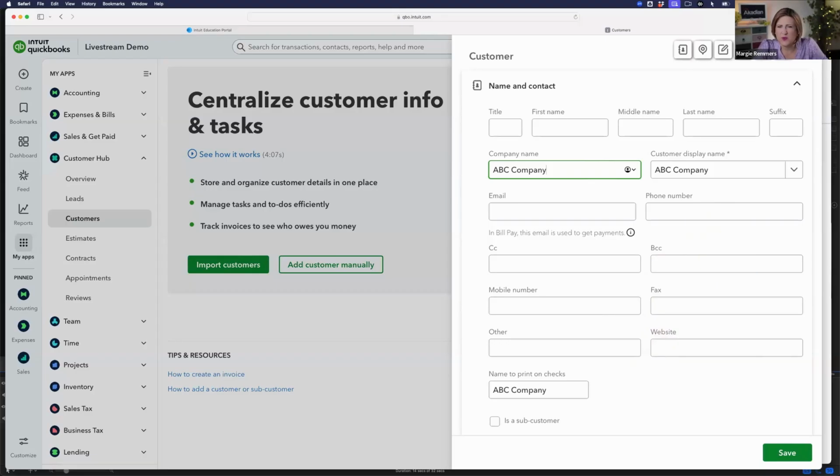And there was a question. Michelle says, could we import some of the data from the test drive? I don't know how to export, but I'm sure you could. There's probably a way to export the customers from the test drive and then import them. I know we have some exercises somewhere where we have some importable customer things.